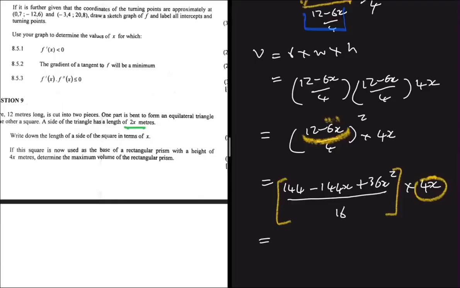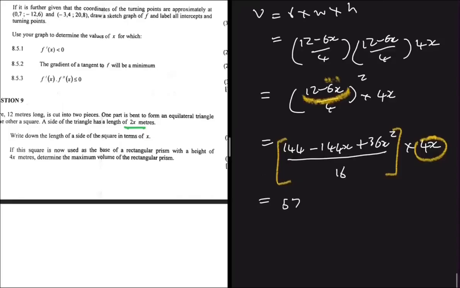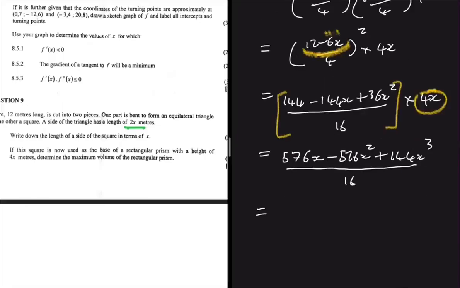So if we see 144 multiplied by 4x, we're going to get 576x minus, so that will also be 576, but now we have x squared. And then plus 36 multiplied by 4, that is 144 x to the power 3. And then we're dividing everything by 16. If we go ahead and divide everything by 16, we're going to get 576 divided by 16, which is equal to